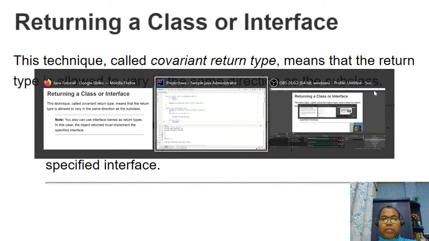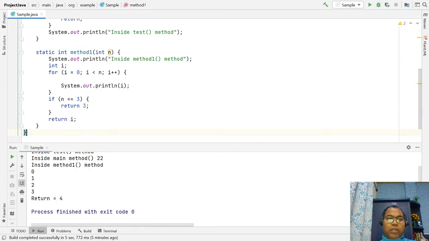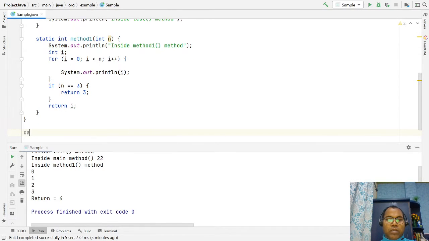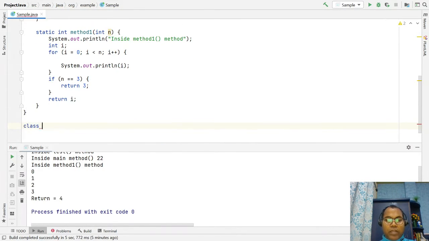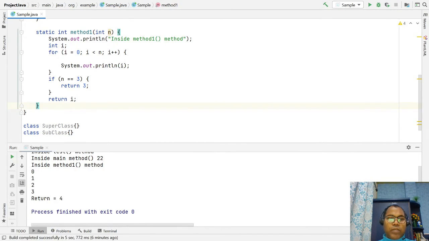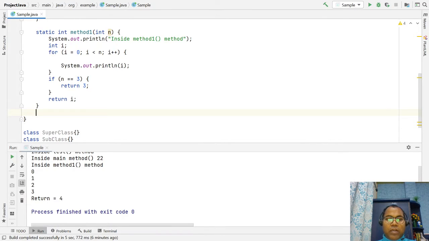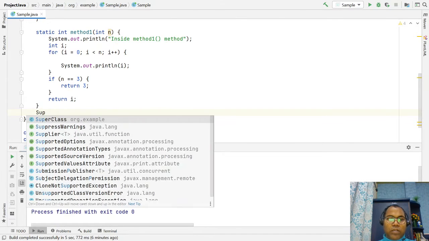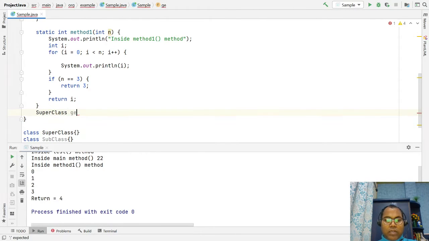So for example, if you write a superclass, and you have a subclass, let's say my method returns a superclass, get a.